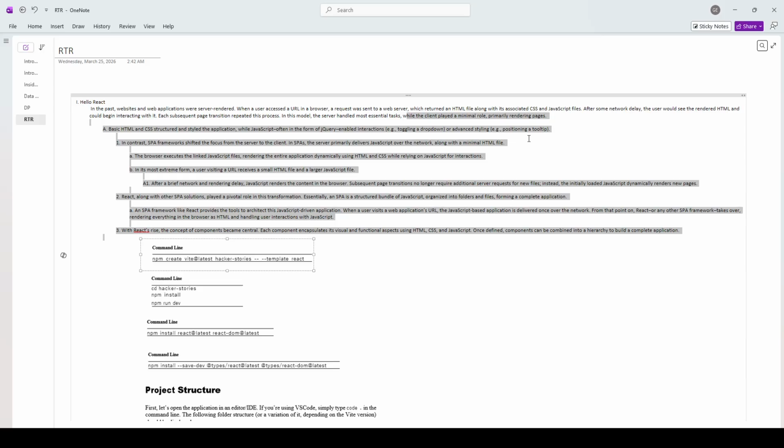In contrast, SPA frameworks shifted the focus from the server to the client. In SPAs, the server primarily delivers JavaScript over the network along with a minimal HTML file. So in SPA, this is the important point here: sending only a minimal HTML file as opposed to rendering an HTML file in each request. So basically the bundled JavaScript in the browser, or the browser is now responsible for executing or